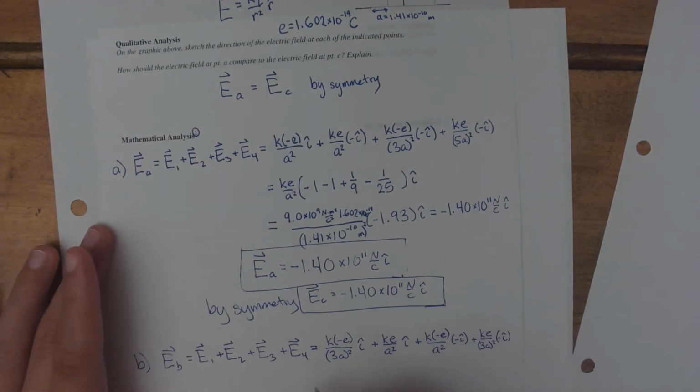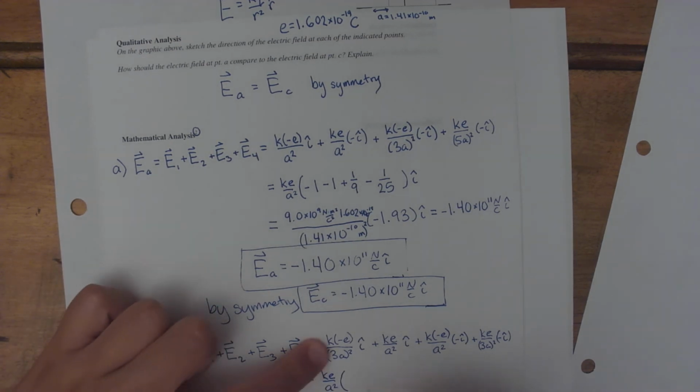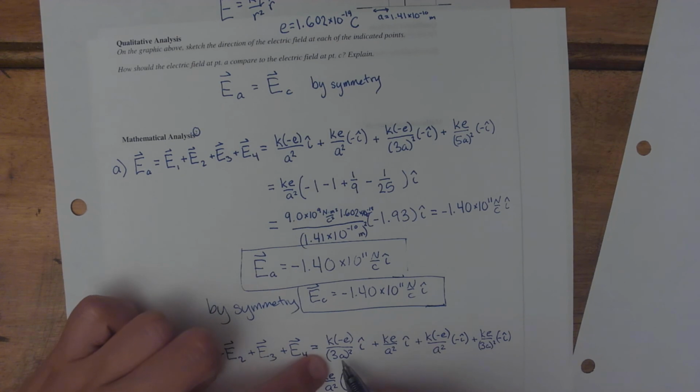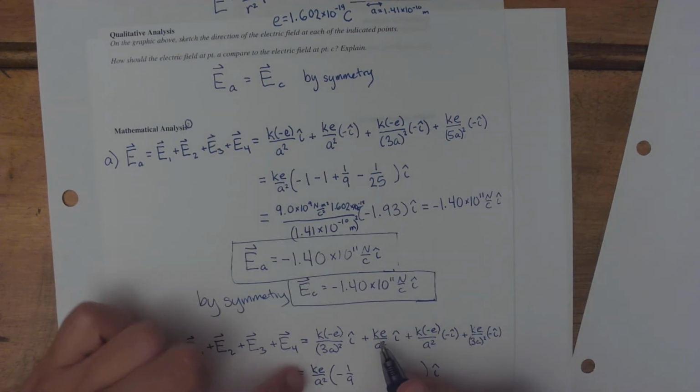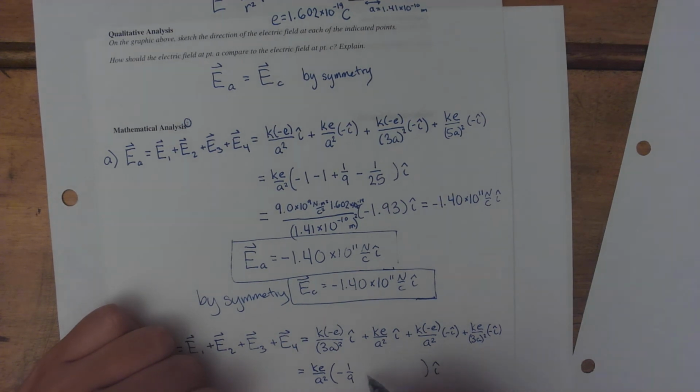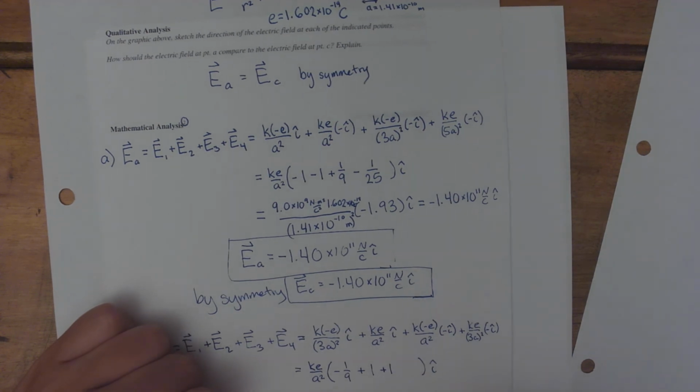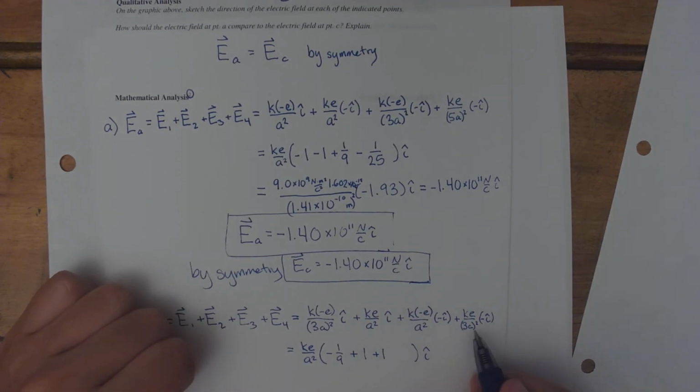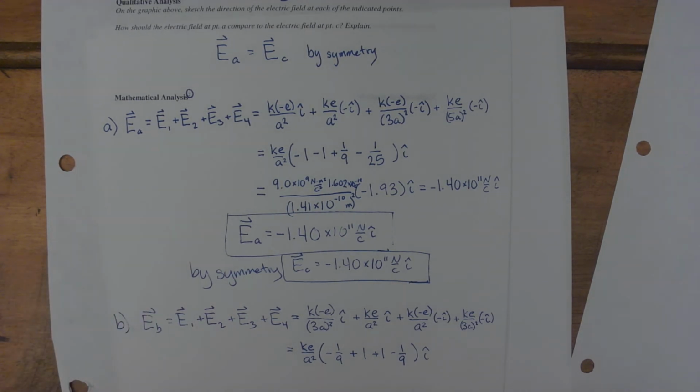Just like I did up here, I'm going to pull out a ke over a squared. For this term, that leaves me with a negative 1 over 3 squared. Remember that you have to square both the 3 and the a, so that's minus 1/9. I'm going to put the i hat at the end. If I pull out a ke over a squared from the second term, that just leaves me with a 1. And I have 2 negative signs in the third term, so that also leaves me with a 1 when I pull out the ke over a squared. And for the last term, we have a negative sign and a 1 over 3 squared, so that is minus 1/9. And if you plug into your calculator, negative 1/9 plus 1 plus 1 minus 1/9, you should get